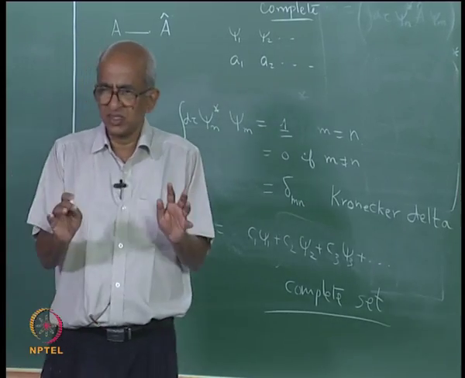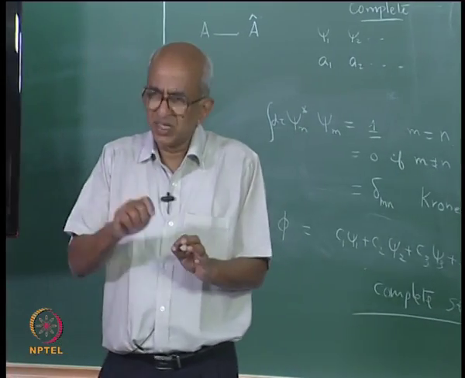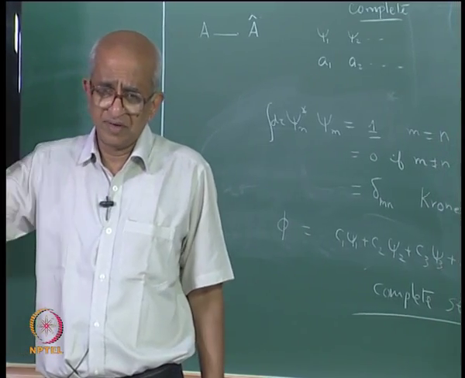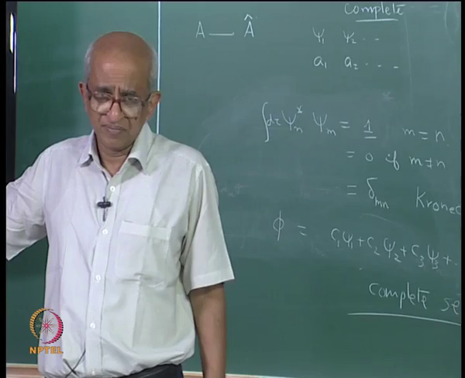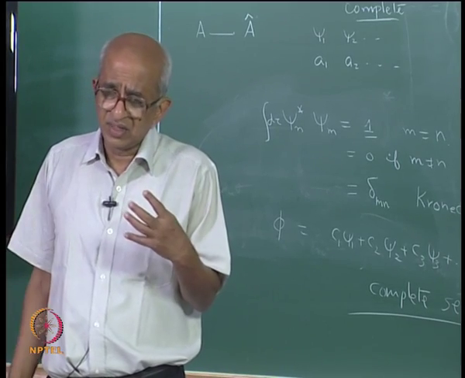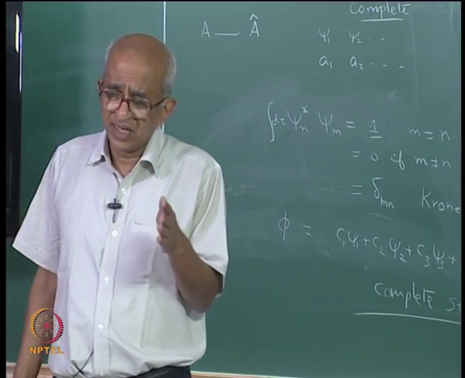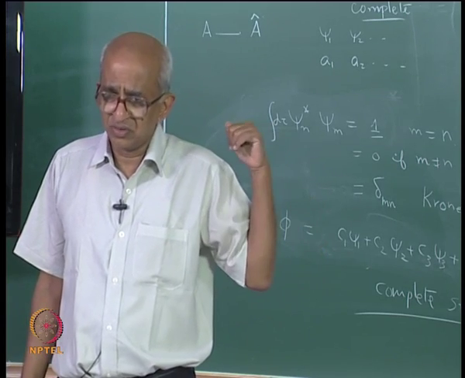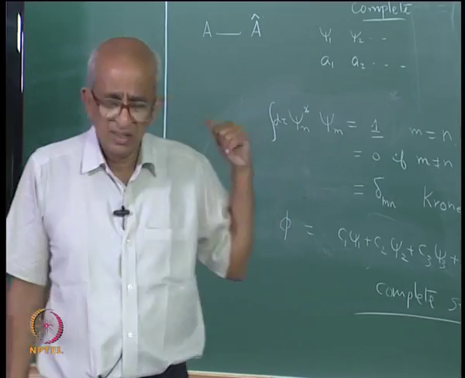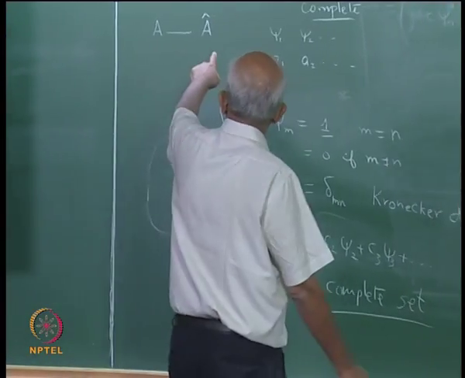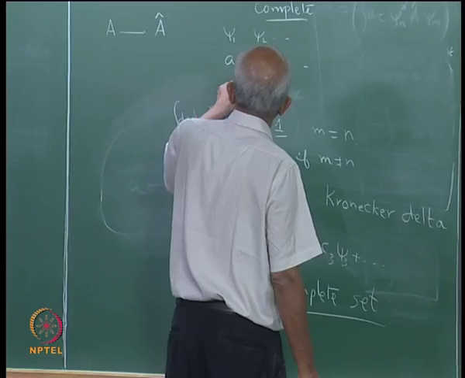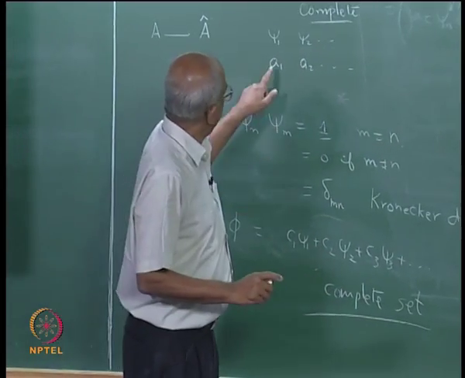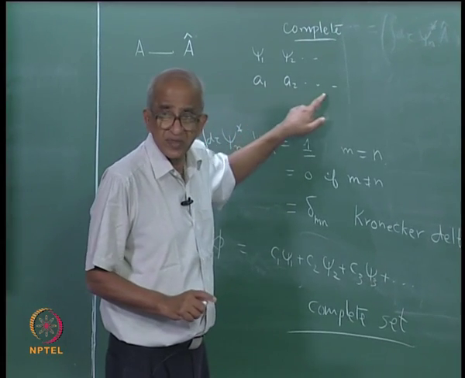Suppose this is my state function, and suppose I make a measurement of the observable which I have denoted by the symbol A. Postulate 3 tells you that the answer has to be an eigenvalue of the operator associated with the observable. So if the operator A has the eigenvalues A1, A2, A3, A4, etc., then if I make a single measurement, the answer will be one of these eigenvalues,